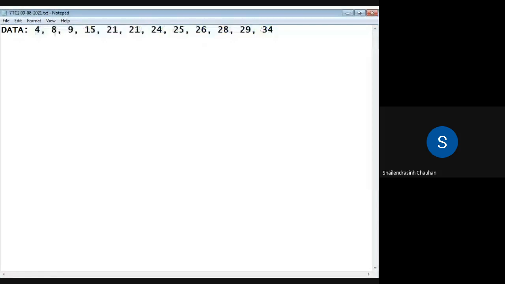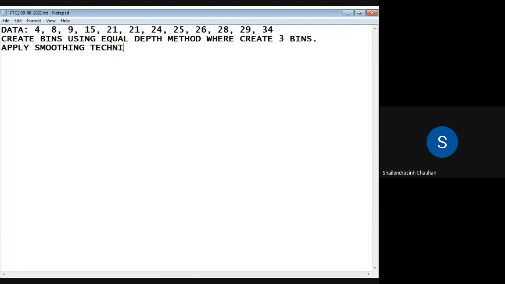And in other information, it can be, for example, create bins using the equal frequency or equal depth method, where three bins or a frequency will be given to you, and apply smoothing techniques or methods. Solve this kind of sums.